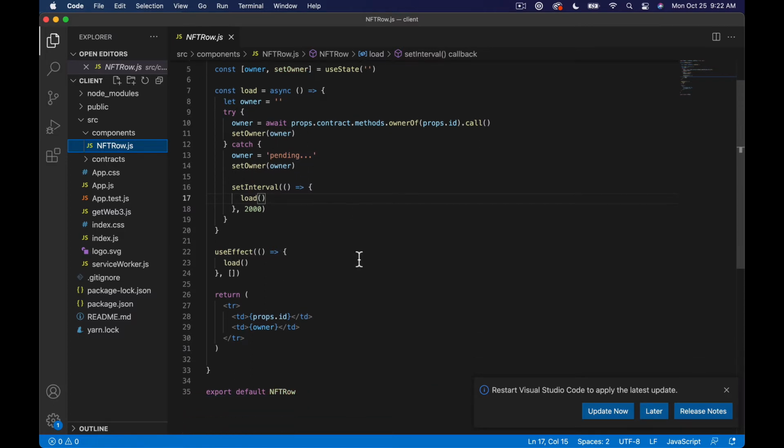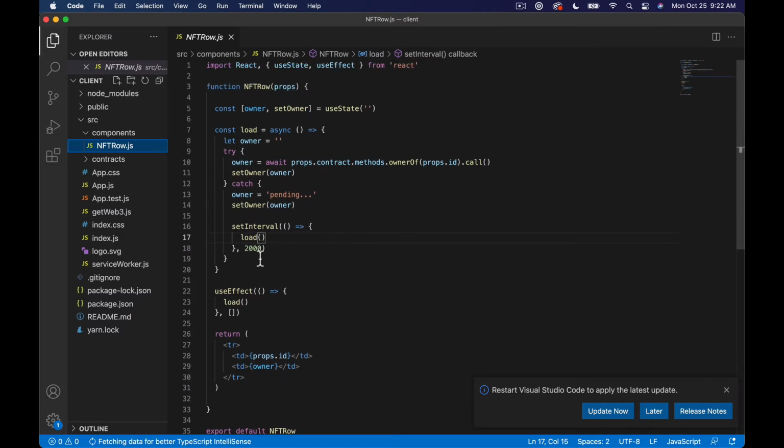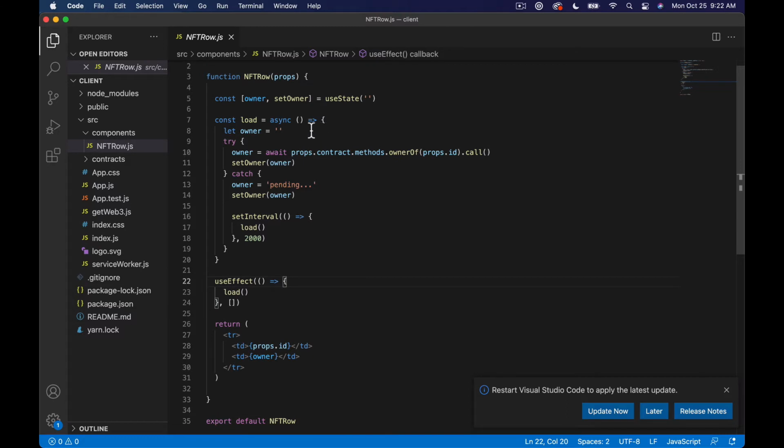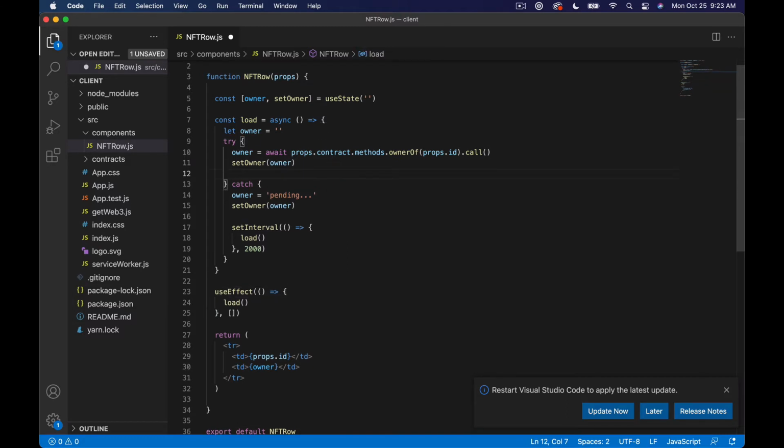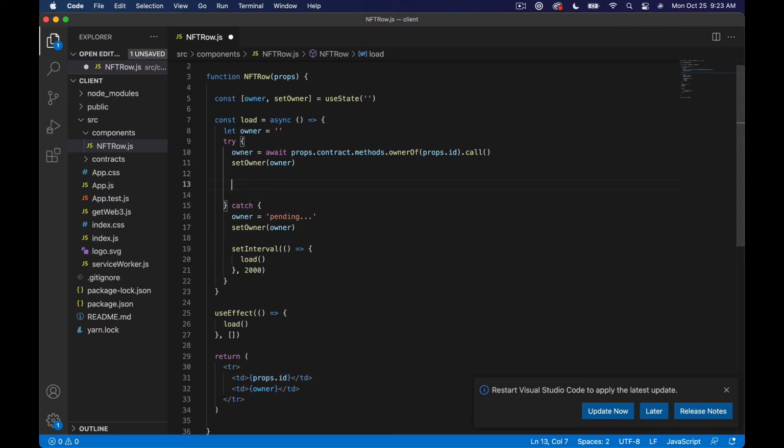Right now we have a load function. Let's see, what do we want to do here? First of all, load is called on basically load. Okay, so what we can do is inside this try, it's going to fail if the owner has not been set yet on chain. So what we can do is just after this, we can say,